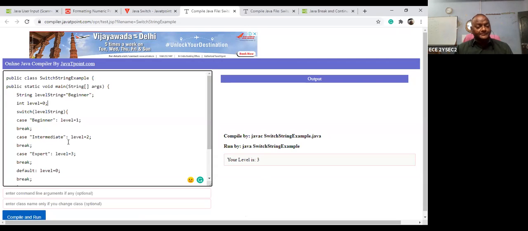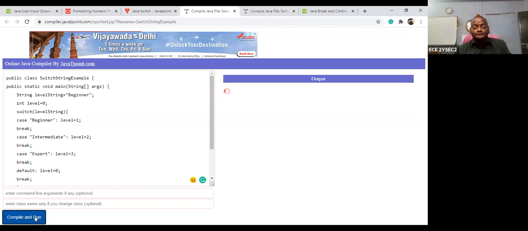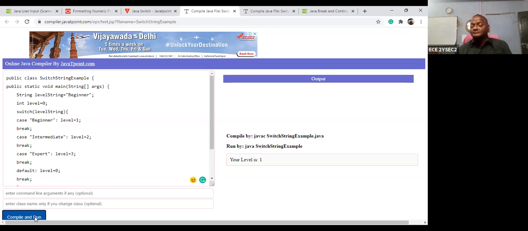Okay, execute. What is the level? 1. So I want to get only 1, but not all the values. That is level 1.